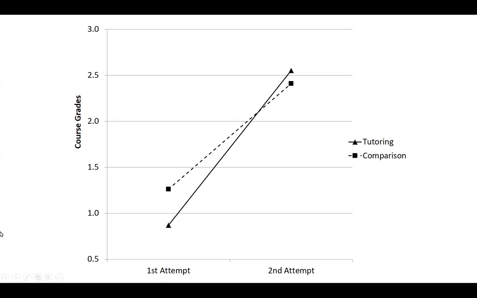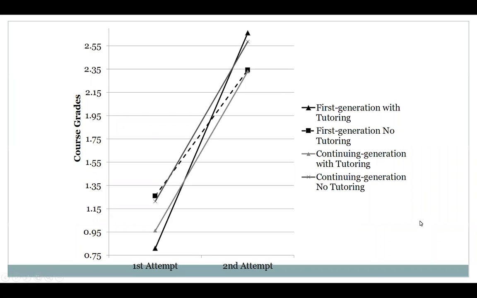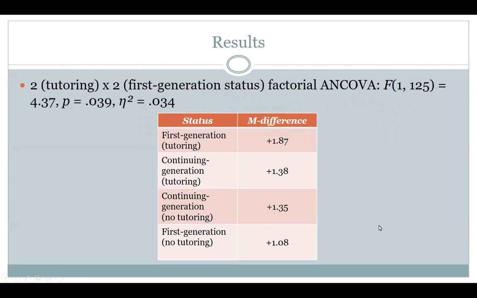Now, I'm going to show you the next slide, which graphs out an interaction effect between being a first generation college student with tutoring versus the other categories, right? And what you can see here is that the triangle in the first attempt is the lowest. So first generation students who ultimately sought tutoring started out with the lowest grade, but ended up with the best result in the second attempt. And because this graph's a little hard to read, I'm going to go to the next slide because it shows those differences actually plotted out, right?